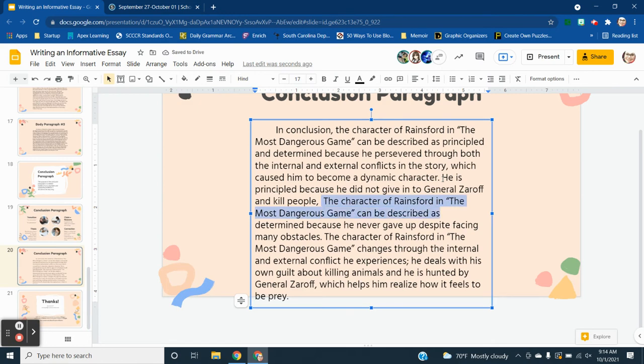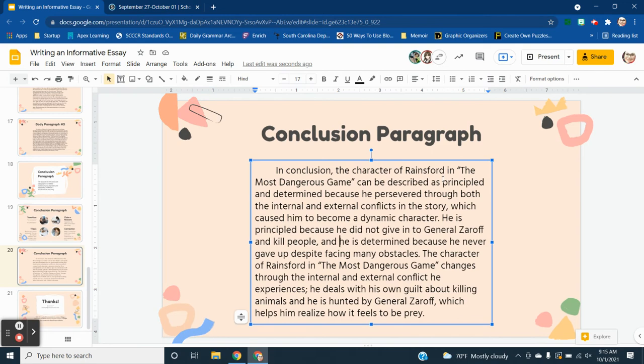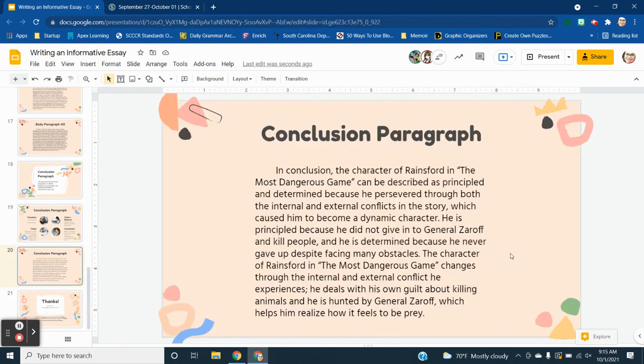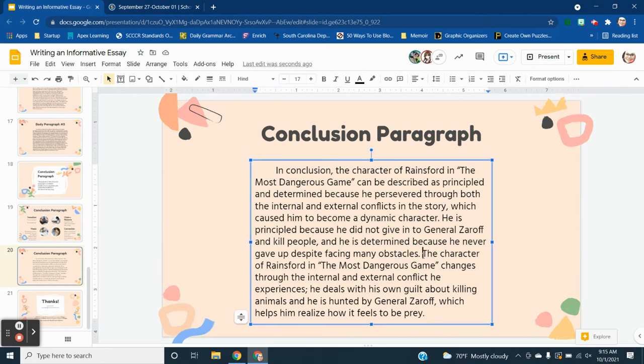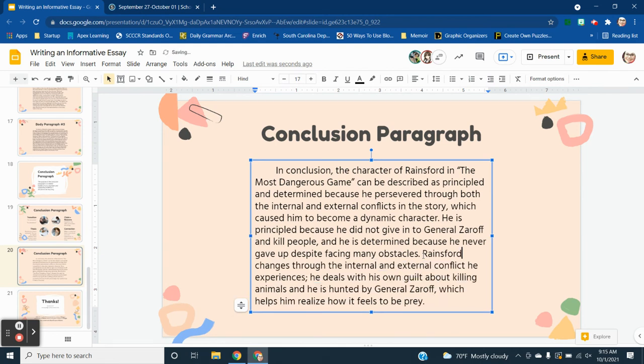He is determined because he never gave up despite facing many obstacles. And I'm actually just going to make that a compound sentence. So he's principled because he did not give in to General Zaroff and kill people, and he's determined because he never gave up despite facing many obstacles. The character of Rainsford changes, and I'm going to say again, I'm just going to say Rainsford instead of all of that, because I already said some of this. So Rainsford changes